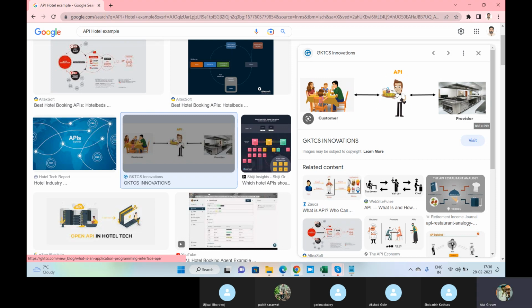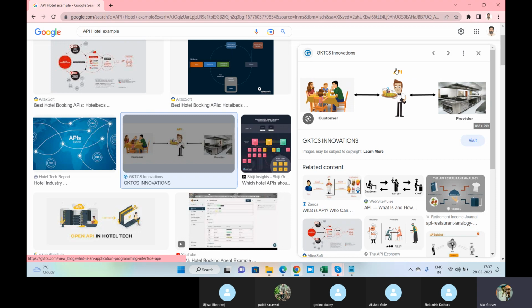This waiter is an API. This waiter takes your order, goes to the kitchen, brings the material and gives it to you. It's a request, go, response, come. This is what integration is, and this medium is called the API.